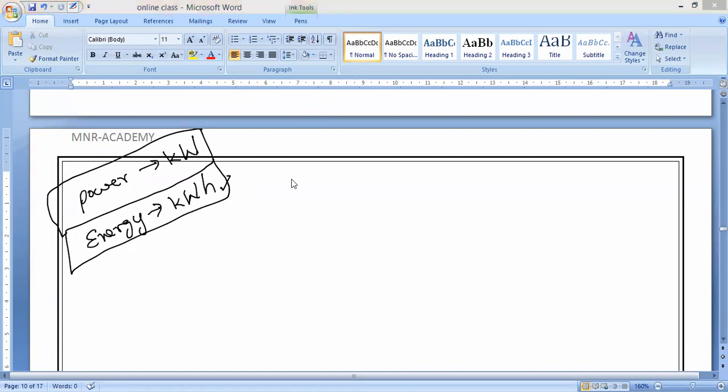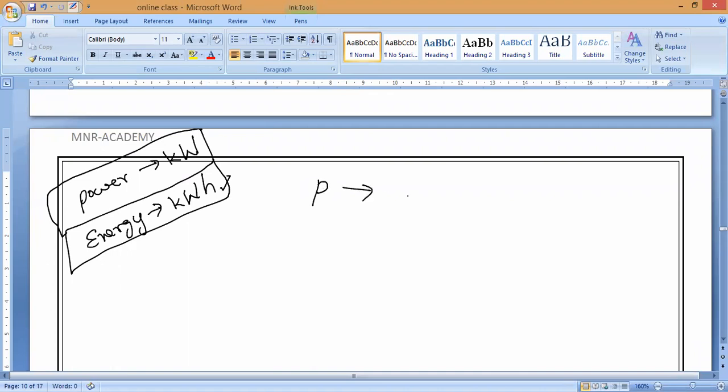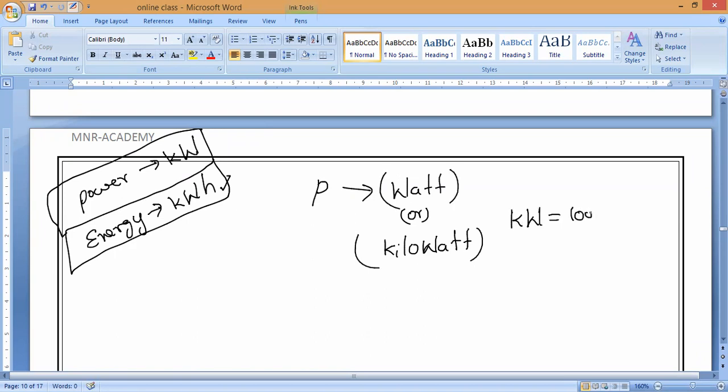So for example, once again I will write. What is the unit of power? The unit of power is watt, or we can say kilowatt. So this is the bigger unit and this is the smaller unit, and 1 kilowatt is equal to 1000 watts. Now if we take energy,